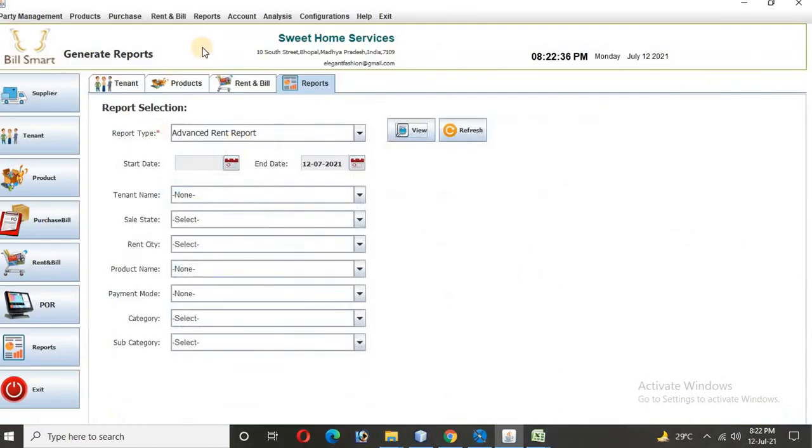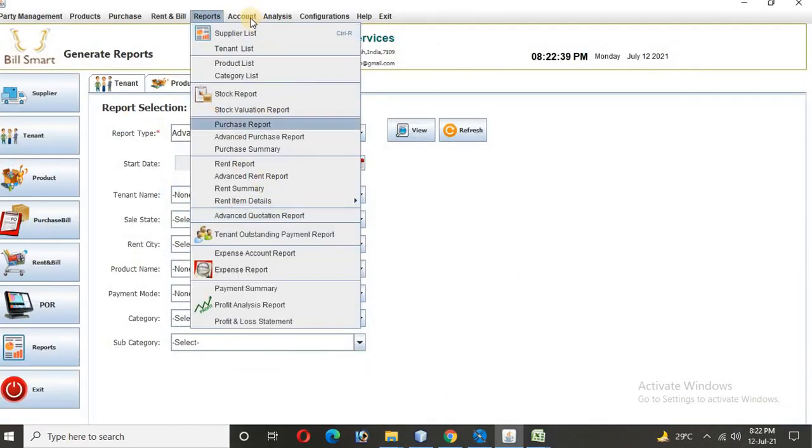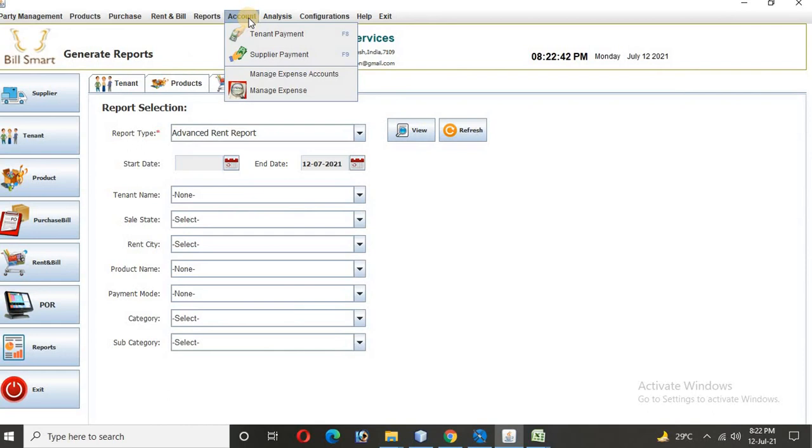Now going back to the software, we have covered the reports, and I'll take you to the accounts part now. Under the accounts section, there is a tenant payment and there is a supplier payment. So we can maintain the payments due or payments received from the tenants, then the supplier payments, where we have done some expenses for maintenance or anything. Those are our expenditures. And then there are expenses for our firm, day-to-day expenses, like maintenance charges for the security guard, etc., which are our expenses, so we can do that as well. Now I'll take you to the tenant payments.